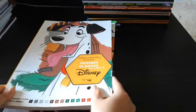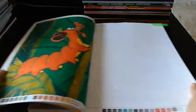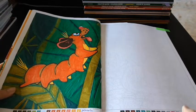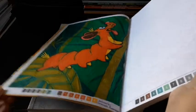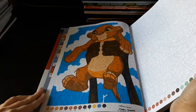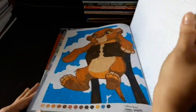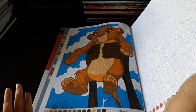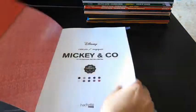Then the last, I did 3 Disney books, so let me show you. I did this page and I have done this on the 30th of November, and I have used Crayola super tips for this one. I did this on the 28th of November and I have used again Crayola super tips for this. I like the fact that there were less colors to be used on this page. And then I did this one